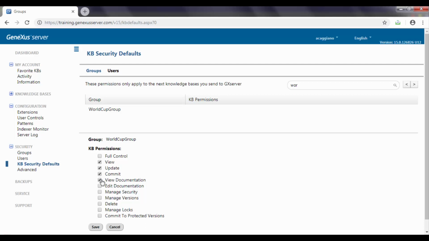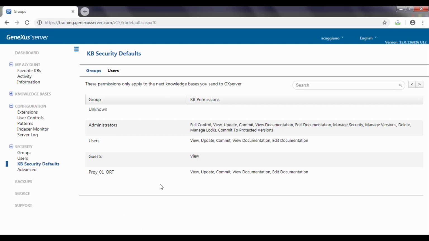We may also enable the administration of versions, security, deletion of the KB, and so on. But we've decided that these are the permissions granted to the group over the KB. You only need to associate a user to this group. So, from the same security menu, select Users,